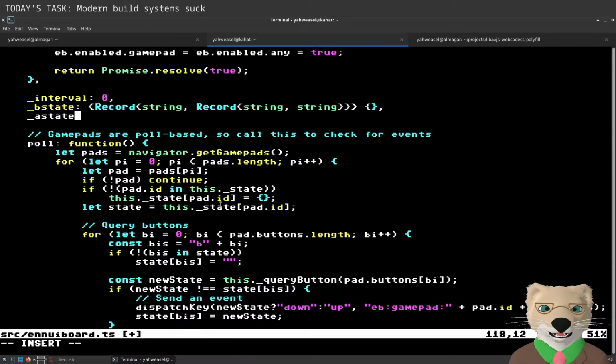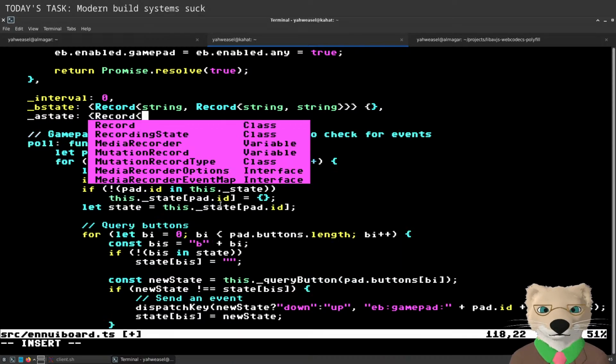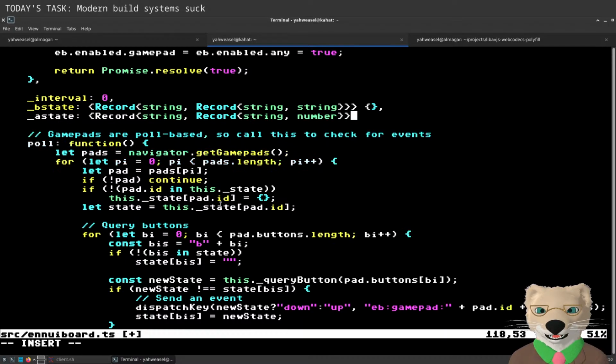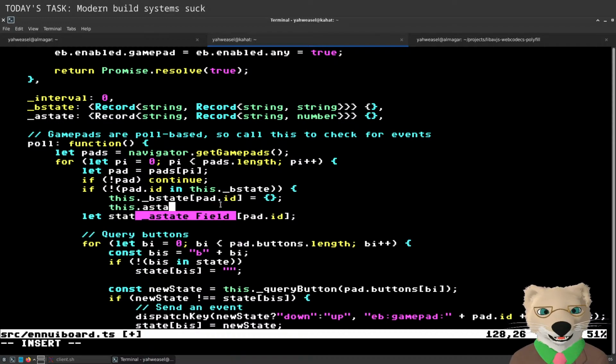There's three states, but it's really just positive, negative, zero. But you know what? The best way to represent a three-state that's positive, negative, zero is a number. So I'll just use it, okay? I'll just use it. Okay. If it's not in the button state, then it also won't be in the axis state.